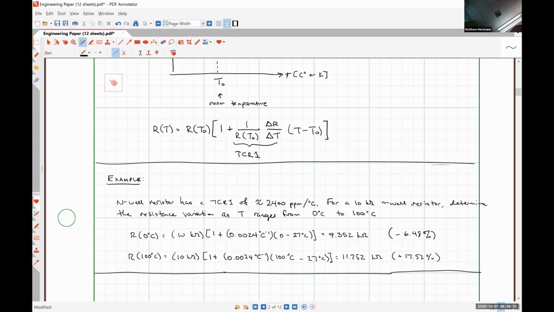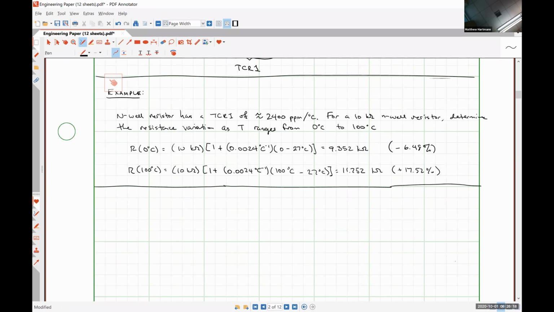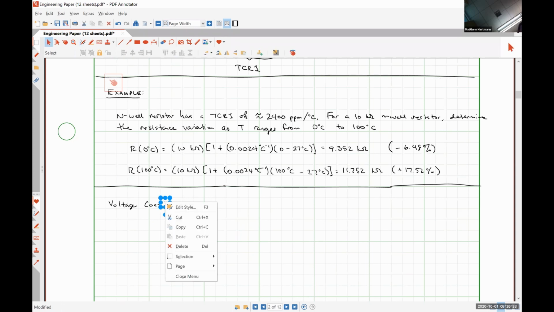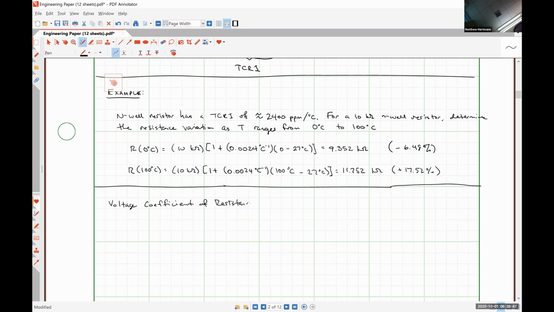All right, so now let's talk about the voltage coefficient of resistance. If I can write. All right, so for an N-well resistor,